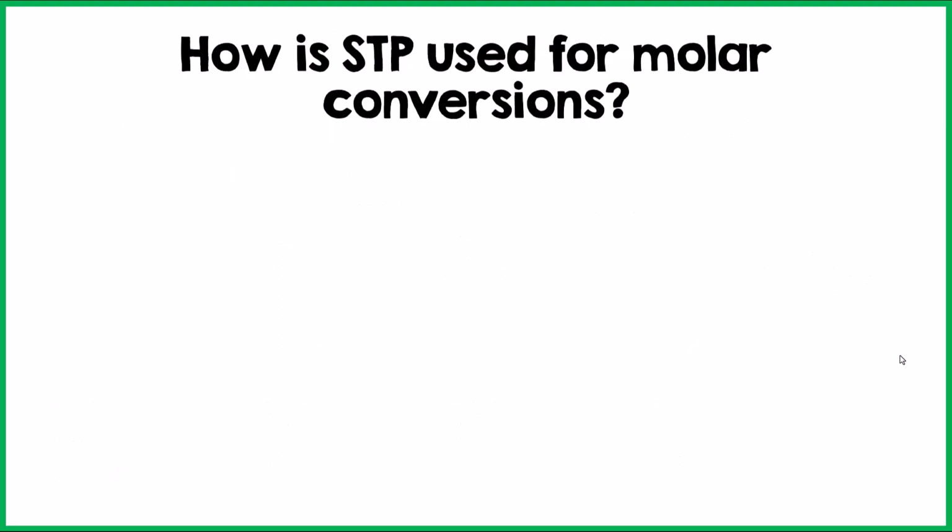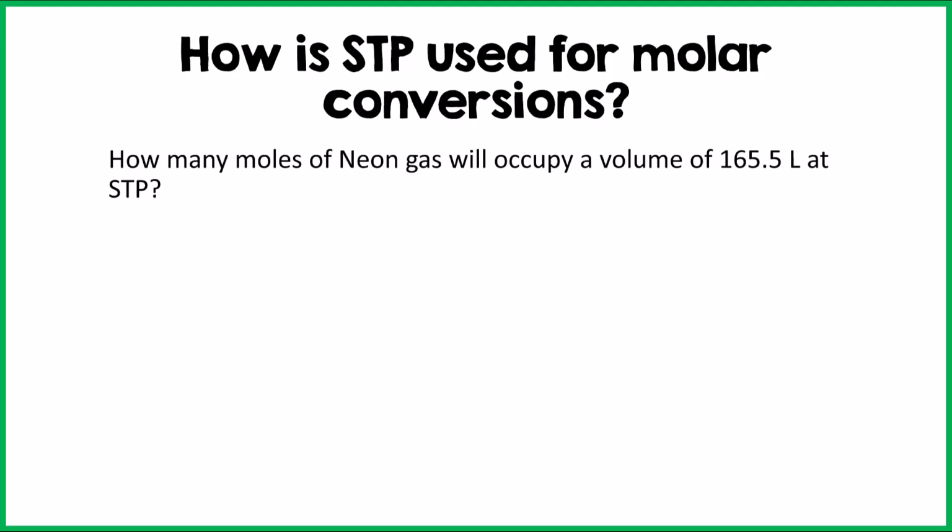So how do we use STP for molar conversion? This is a conversion factor, and we can use dimensional analysis to calculate the volume of gases at STP. For example, how many moles of neon gas will occupy a volume of 165.5 liters at STP? So the STP tells us it is